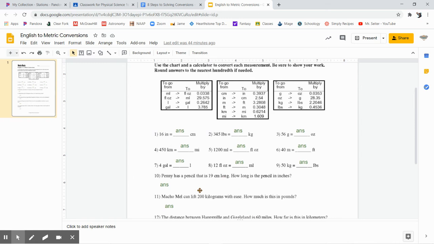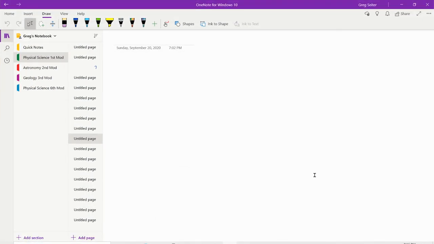Penny has a pencil that is 19 centimeters long. How long is that pencil in inches? So 19 centimeters equals how many inches? And we should already have our 1 inch is 2.54 centimeters. Okay, 2.54. So 19 centimeters into inches. She's got a pencil that's 19 centimeters, and we need to know how many inches